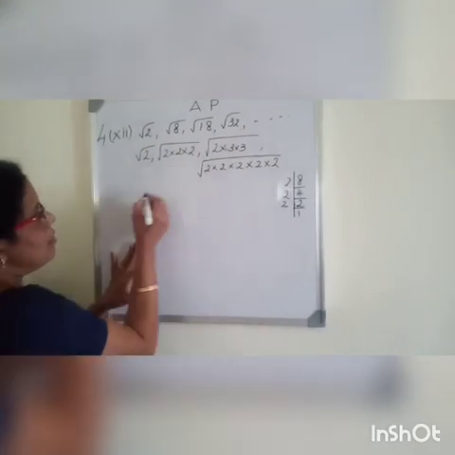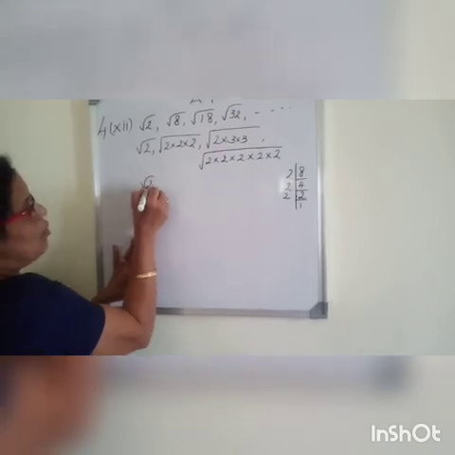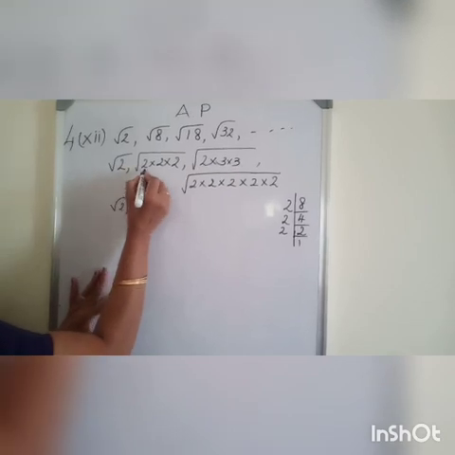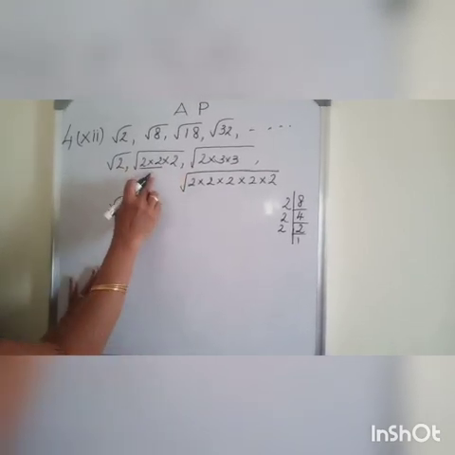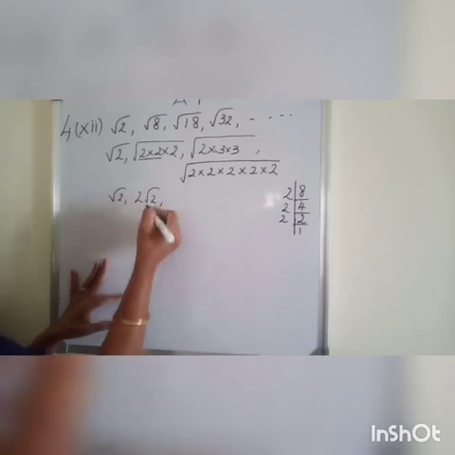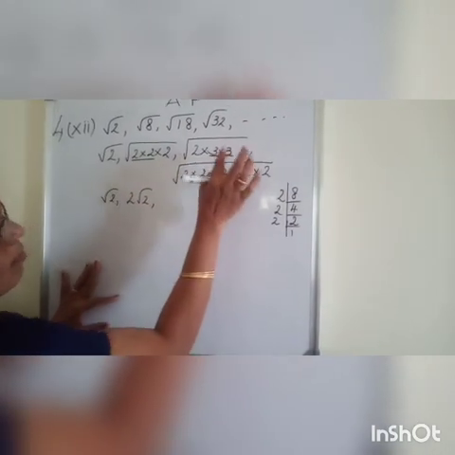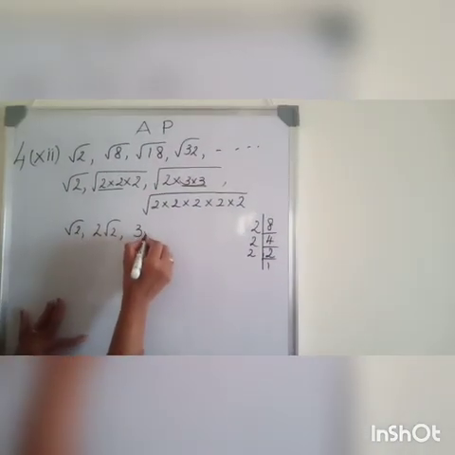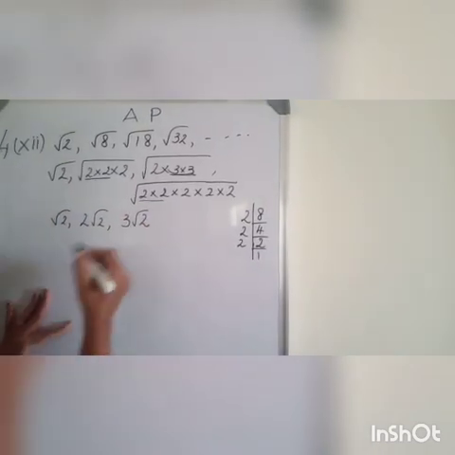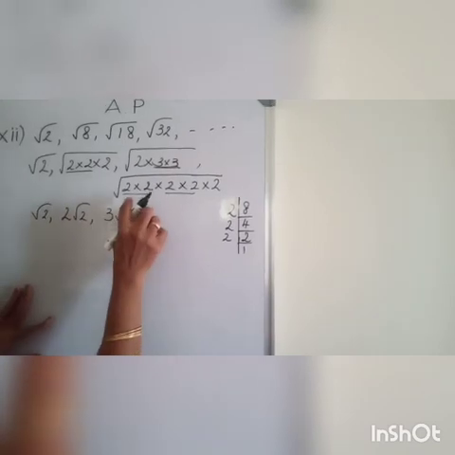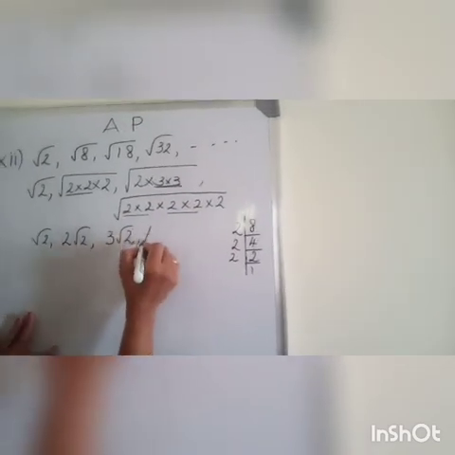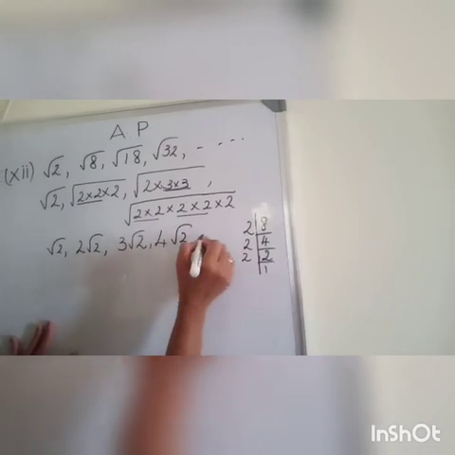So all these terms, once again we will write as root 2. You all studied how to take numbers out of a root. From two similar numbers, we will take one number out. So this will become 2 root 2. Here from two similar numbers, we will take 3 outside, 3 root 2. Here from these two numbers 1 2 and from here 1 2, it becomes 2 into 2, 4. So it will become 4 root 2, etc.